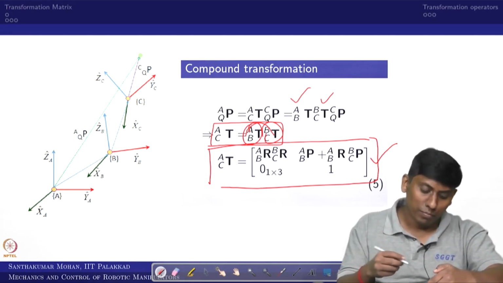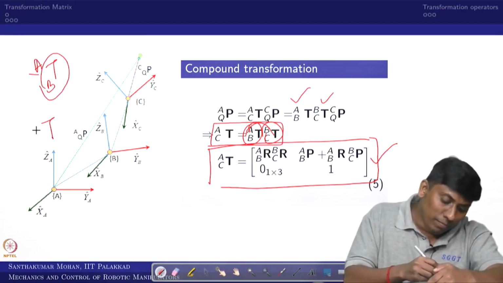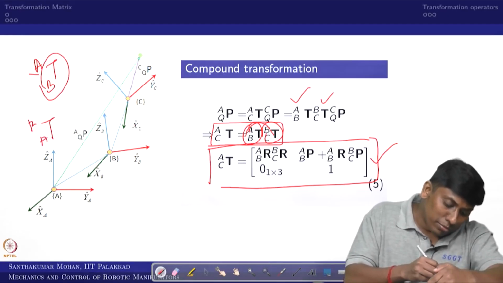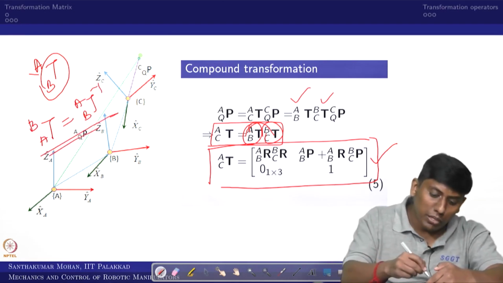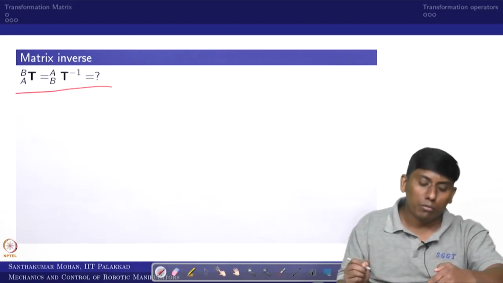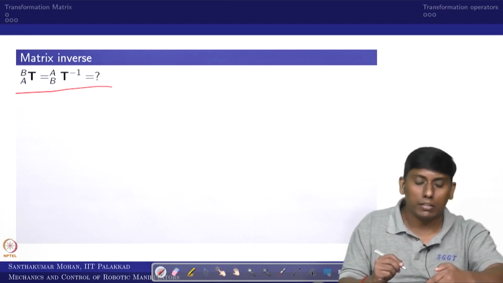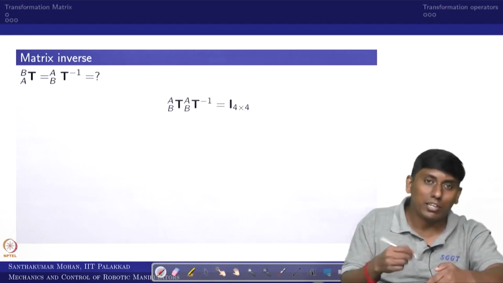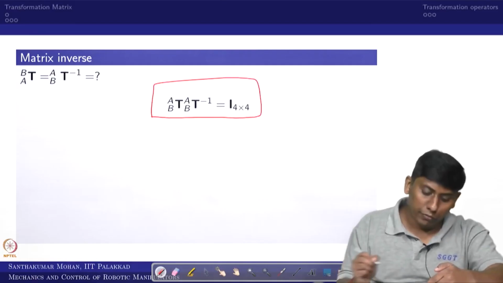Now the next case is, if you know the transformation matrix of B with respect to A, can I get the transformation matrix of A with respect to B? So this is nothing but this inverse, can I get it? So this is the second tool which we are going to use. For that, what one is supposed to know is that this product would be giving the identity matrix, right? So that is the logic we are taking. So this product would be the identity matrix. So if we assume that,